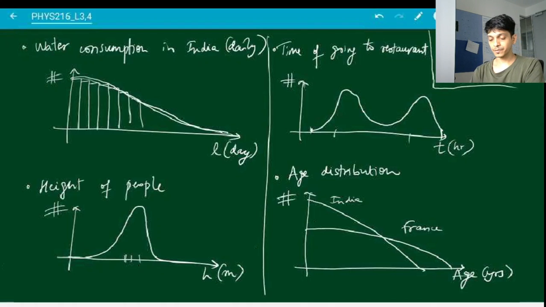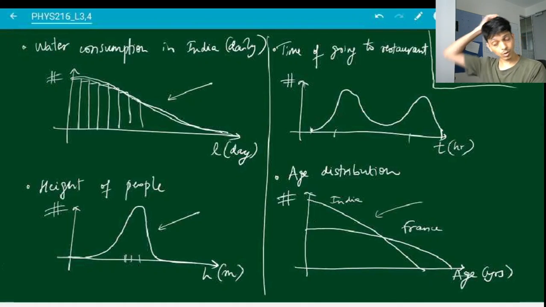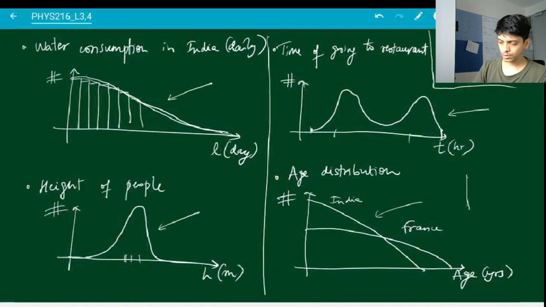So these are some examples of distributions. As you can see, some distributions like this one have a very prominent peak. Some distributions just keep decreasing. You can also have distributions which increase. Here is an example of a distribution which has two peaks. So you can have all possible shapes of distributions. It's also possible to have what are called uniform distributions, just flat. They don't depend on anything, it's always constant. So you can have various different shapes of distributions. The only constraint